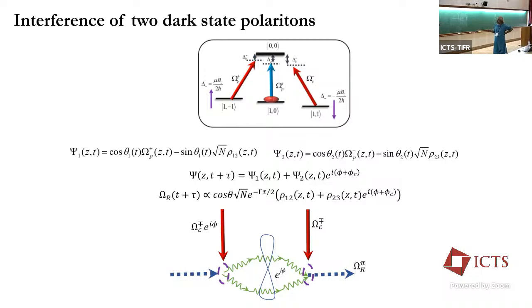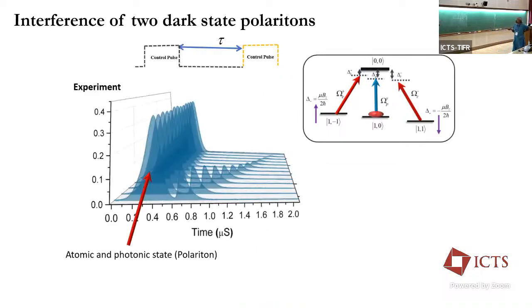So you can put this together, and you see that what you retrieve is a superposition of these coherences, where the phases depend on the phase difference between the optical fields, but also the phase that might be purely atomic. So you can pick up magnetic fields and so on. So this is an experiment.